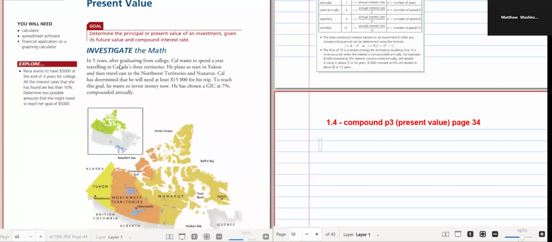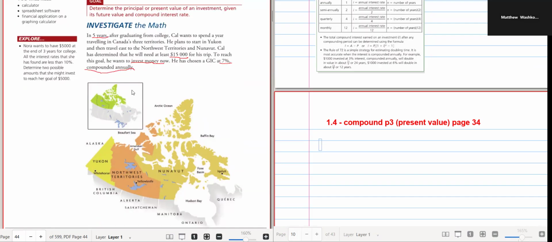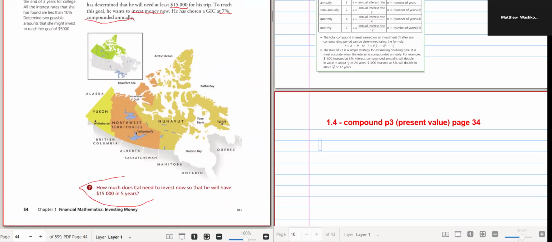In 5 years after graduating from college, Cal wants to spend a year traveling in Canada's 3 territories. He plans to start in Yukon and then travel east to the Northwest Territories and to Nunavut. Cal has determined that he will need at least $15,000. So he knows how much he's going to need in 5 years, and to reach his goal, he wants to invest his money now. He has chosen a GIC at 7% compounded annually. The key question here, however, is how much does he need to invest now so that he will have $15,000